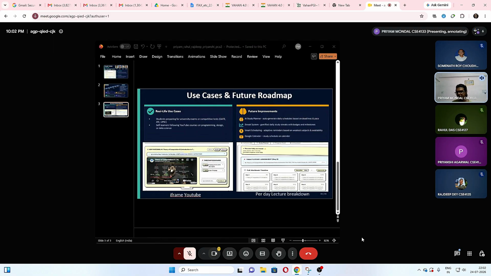So what is our future improvement? We are planning to implement a smart scheduling based on subject and available study time, and Google Calendar integration for automatic study reminders. So in conclusion, our Study Tracker web app helps students organize their learning, stay consistent, and complete online courses on time. So now I will show you